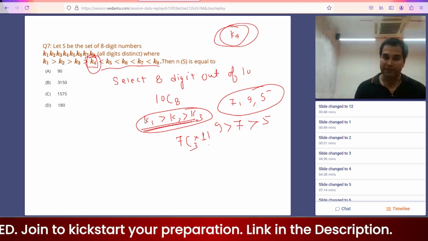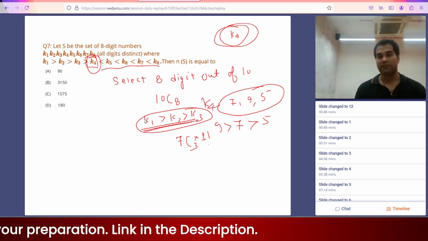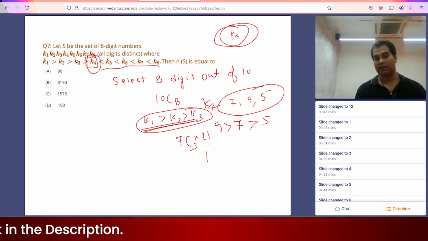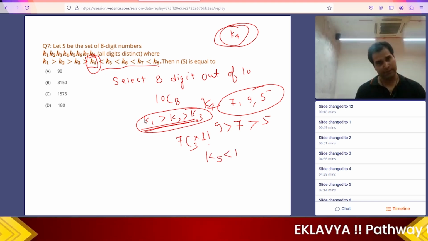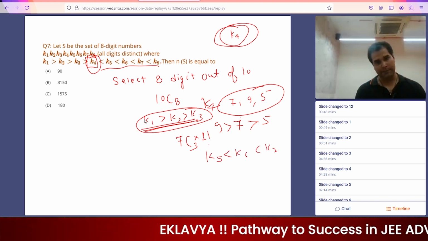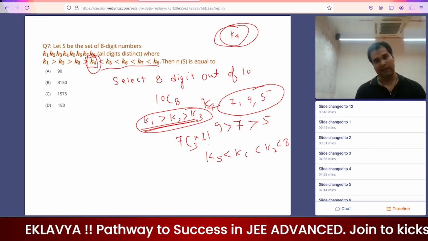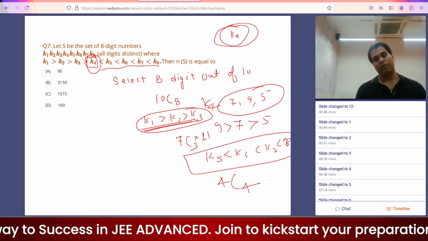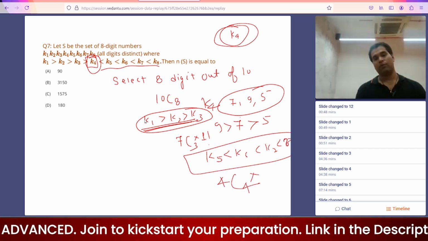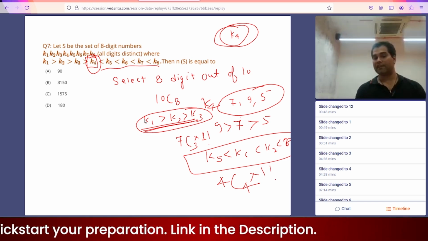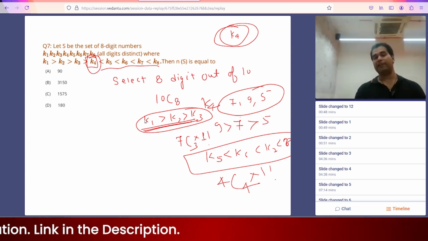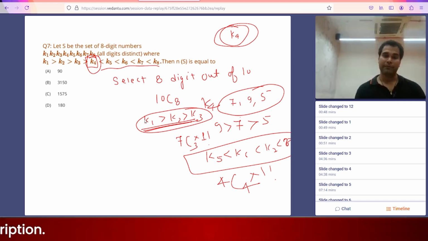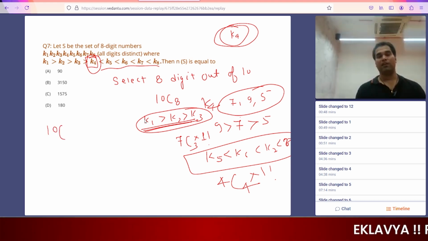When these 3 digits are arranged and K4 is fixed, the remaining 4 digits K5, K6, K7, K8, meaning 4 out of 4 digits can be selected and arranged in 1 way. This means the total number is